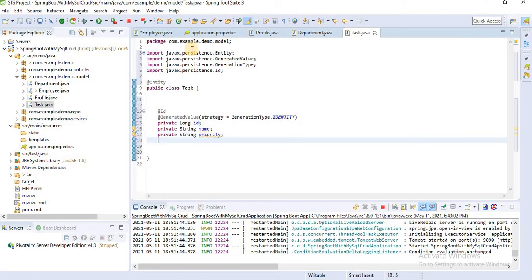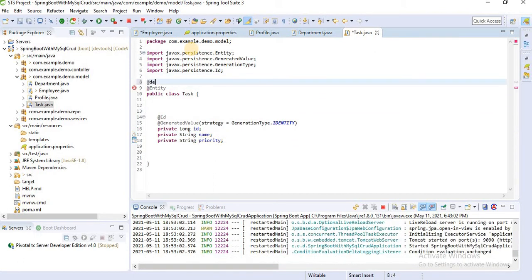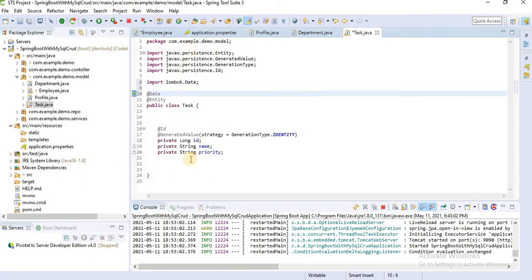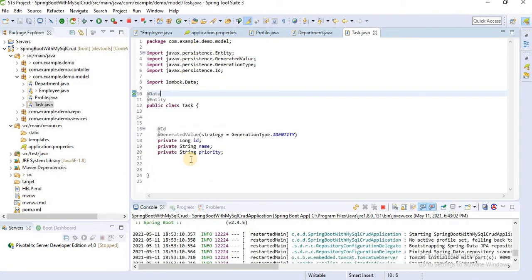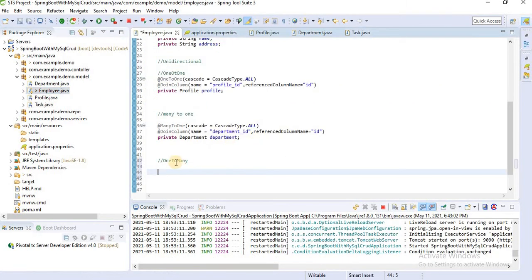Also add here @Data. Here I am using Lombok, no need to create a getter and setter. Save. Go to our main class employee.